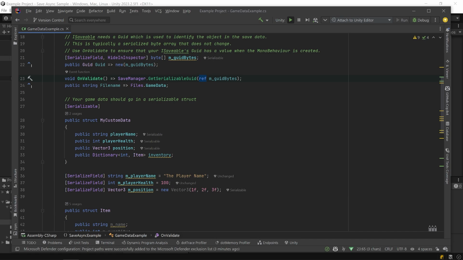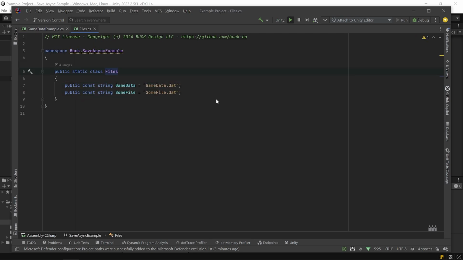Next, we need a string property called filename. This is to store the path or the name of the file where this data should be saved. You could just type your own string here, but I recommend you create a separate static class that stores your file names as constants. That way you can just type a variable name and avoid typos that could accidentally create